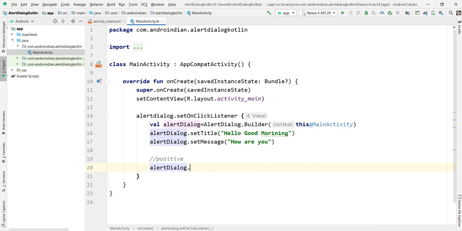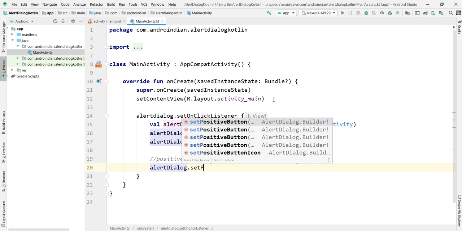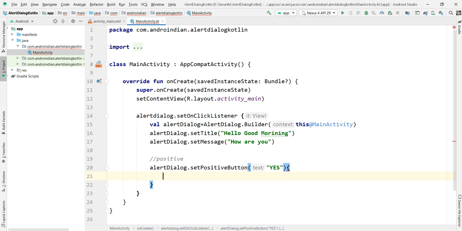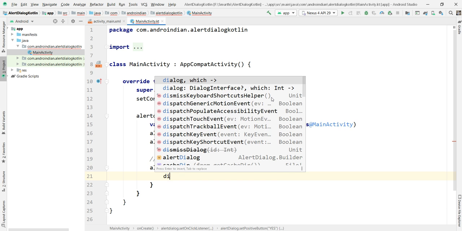Dot set positive button, which includes a listener here. That listener includes this one, where I write the message, yes. Outside of this, it should have the return type.